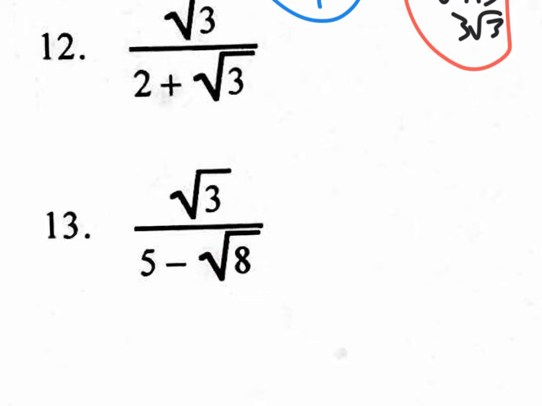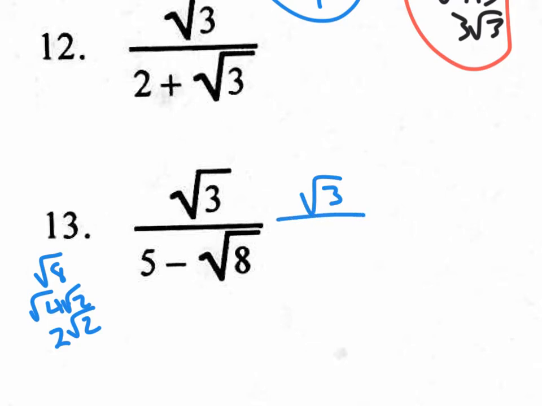the square root of 8. I want to do that on the side. The square root of 8 breaks down to 4 times 2, and when you split it, you'll get 2 square roots of 2. So my real new equation is the square root of 3 over 5 minus 2 square roots of 2. Now, the problem is that you have a radical in the denominator,